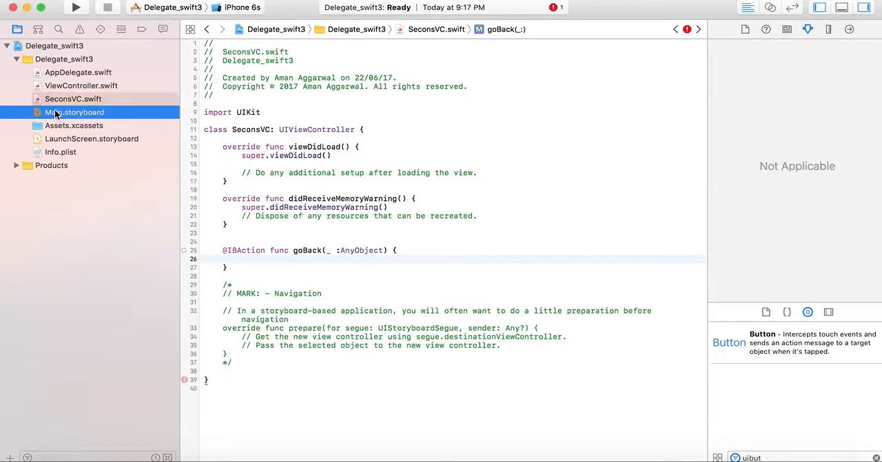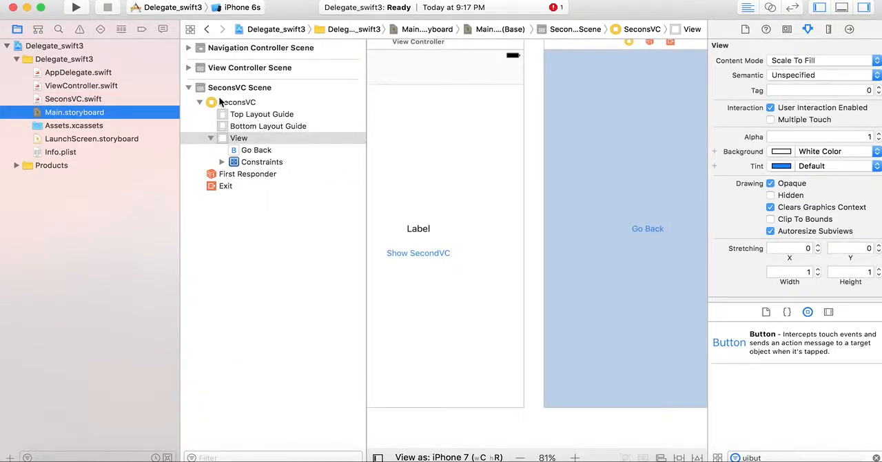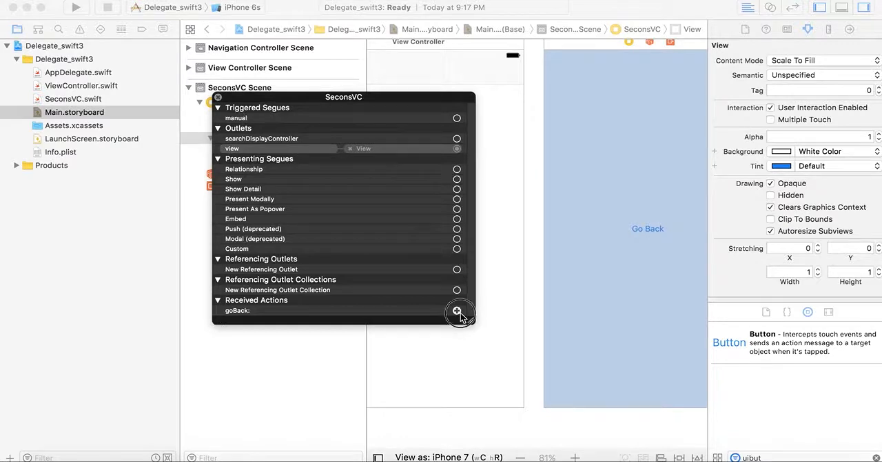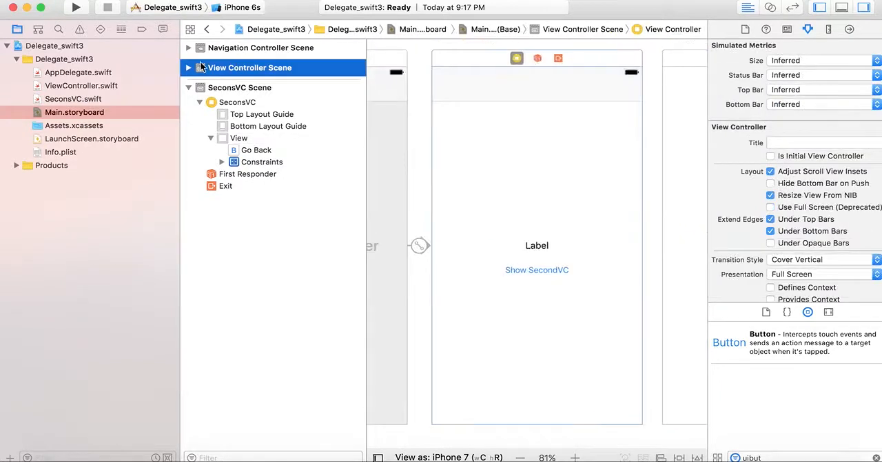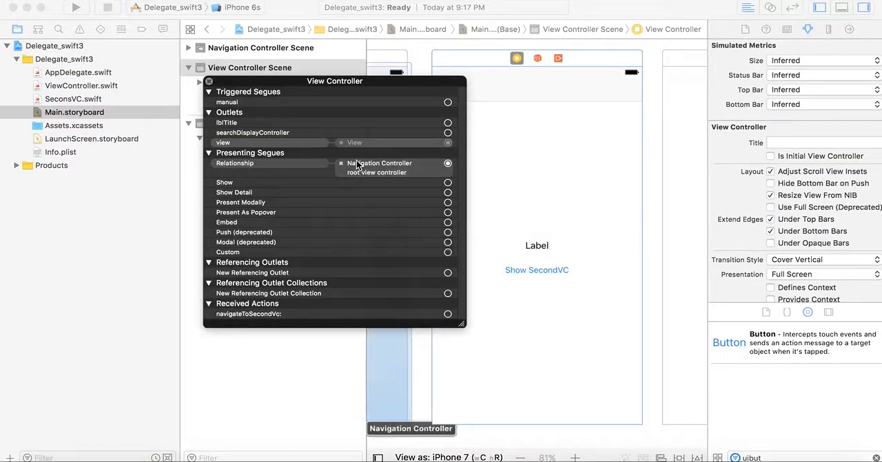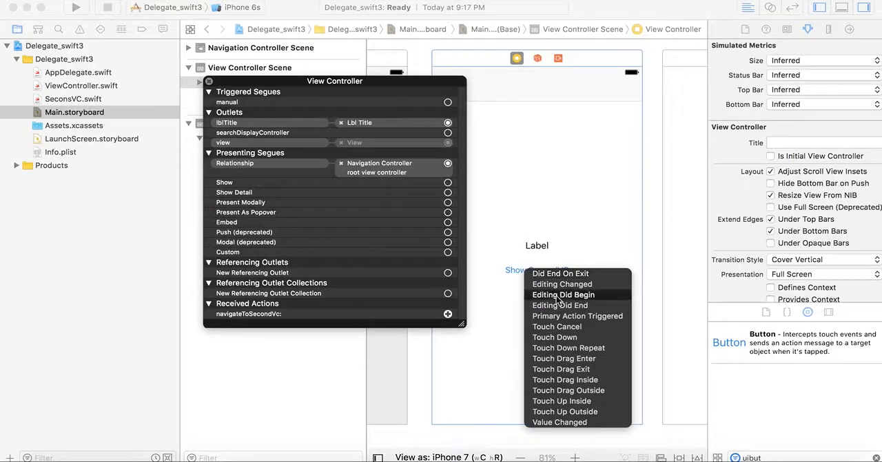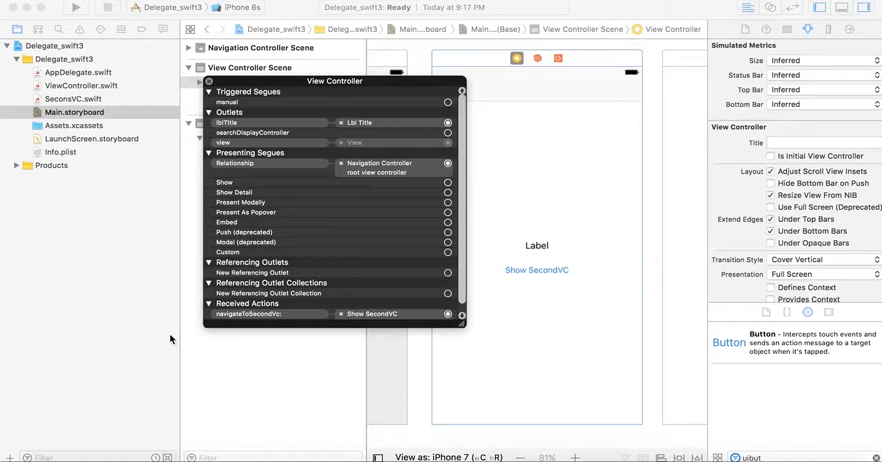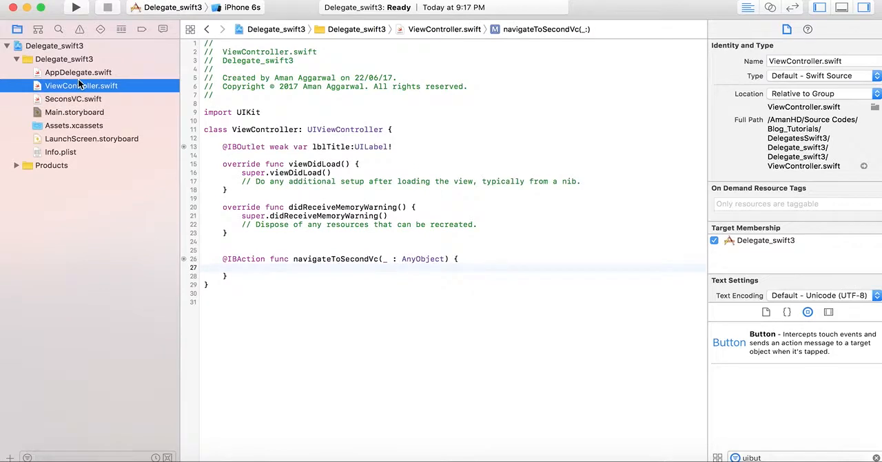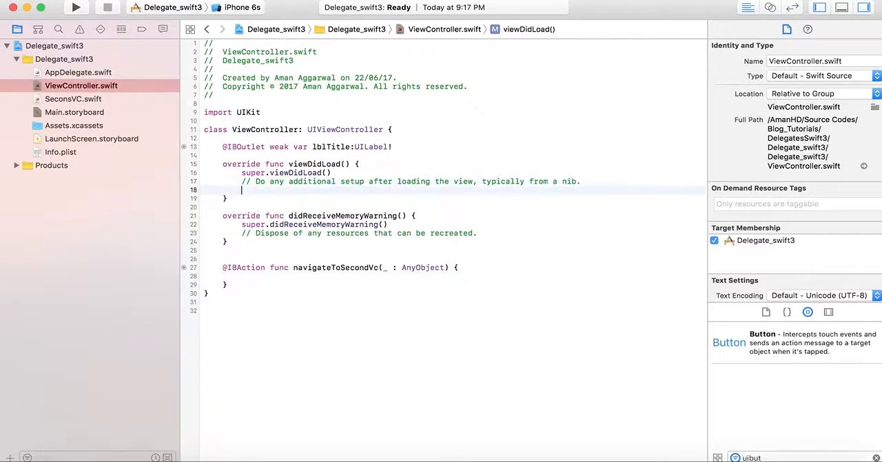Okay, now open main.storyboard and connect our IB outlets. Here we will set second VC's touch up inside, and then we will select view controller and the label, and navigate to this screen, second VC. Okay, so what we will do, we will show here self.lblTitle.text equals to this empty screen. So when we run an app,